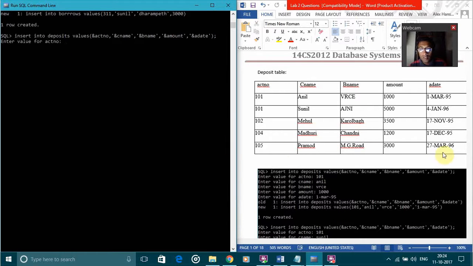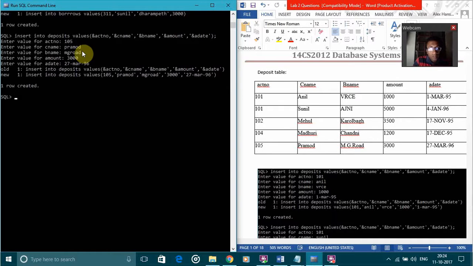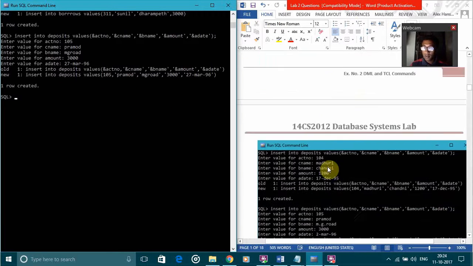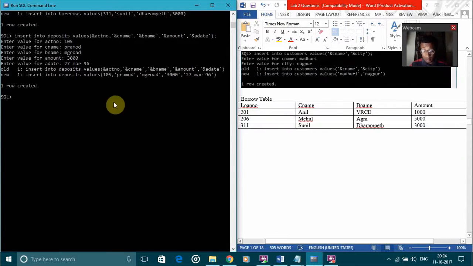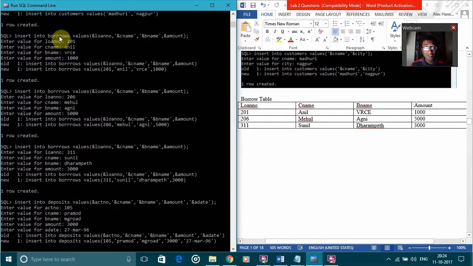This data I want to enter, so I'll type one by one: 105, mg, 3000, till the date, and it will tell me that one row created. Likewise for each and every table you have to insert your values. Before this itself I have inserted all the tables' values